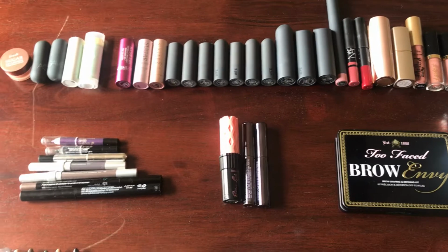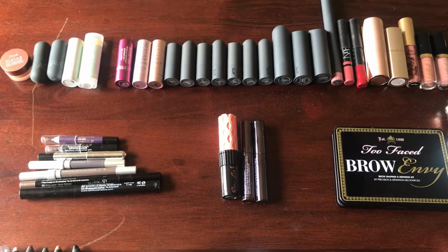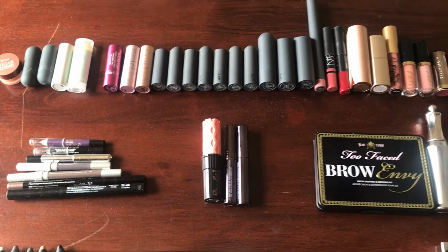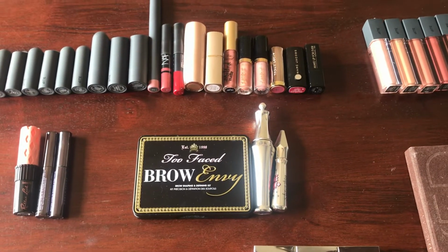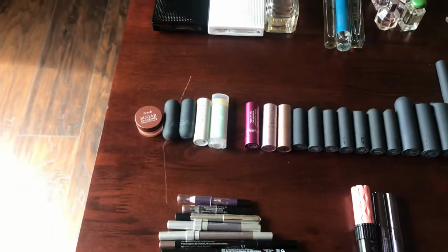I do have 2 of the Urban Decay Perversion mascaras. I'm almost finished with one of them, so I'm almost down to just 2 mascaras, but currently I do have 3. Next category are brow products. I currently have 3 and last year I had 3 as well. And then finally I have all of my lip